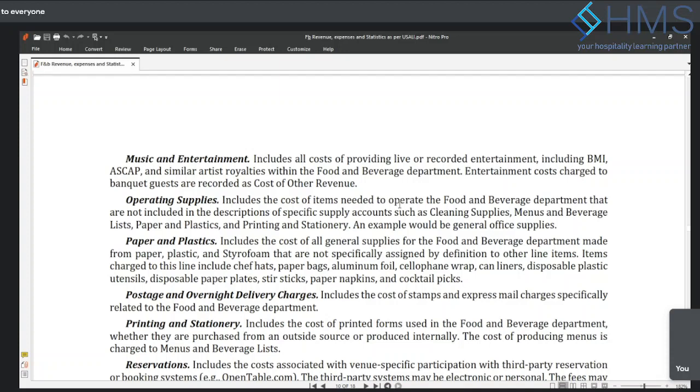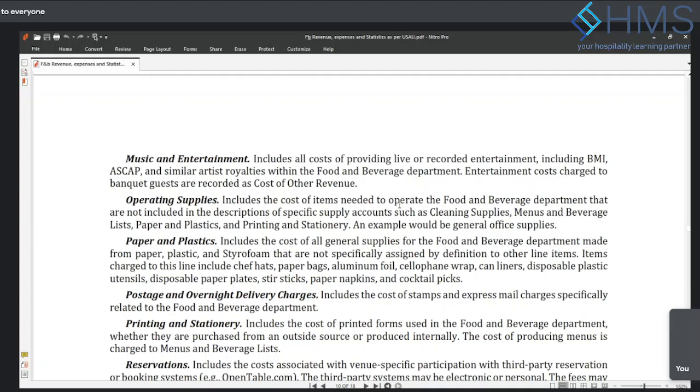So usually, in my experience, we used to have a lot of undercharging, because sometimes we don't understand the contract, or we are not able to estimate the actual expenses in time, and we have to close the books very fast. So we just make some estimate based on what we have at the time, and when the final bill comes, sometimes the cost is much higher or much lower than what we estimated. So there's always an adjustment in the coming months. So you have to be very clear to ask for the details of expenses of music and entertainment,